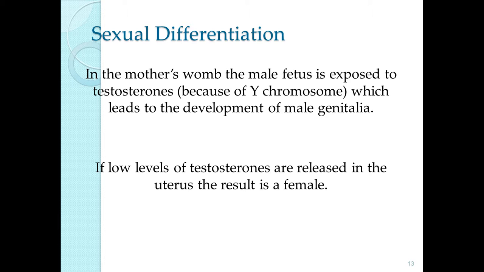Now, in the 4th and 5th months, all of this testosterone is really developing the genitalia. That's why we actually have to wait a while before we can determine whether or not a baby is going to be male or female. Now, in addition to the androgen insensitivity, there can be some problems with the mother's rejection of androgens, and there's some interesting interplay there. Basically, if the baby is not exposed to enough testosterone, it's going to default to female.